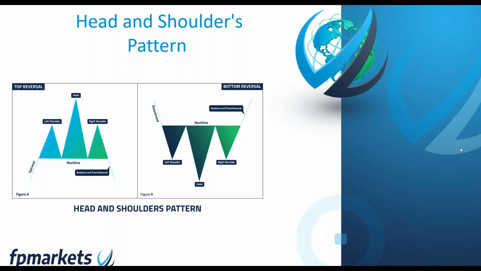So the entry trigger for a head and shoulders is a close beneath or above the neckline. Some traders may opt to wait. So when I say that, a close beneath this neckline here, so price comes down and closes below the neckline drawn from these points here, and the same at this point here. So we have a close above the neckline here. Some traders may opt to wait for additional confirmation in the form of a retest, and all this means is a pullback for the top formation that tests the neckline.